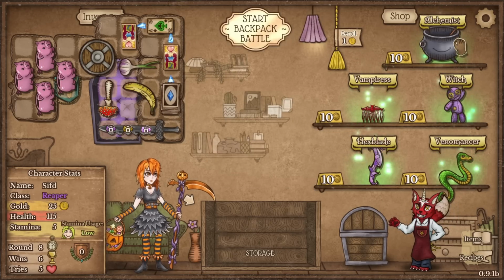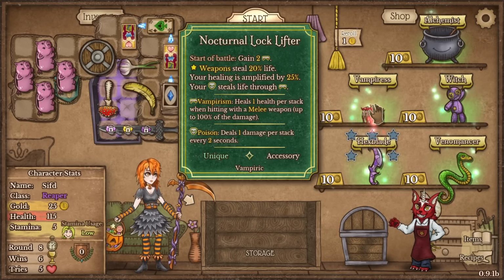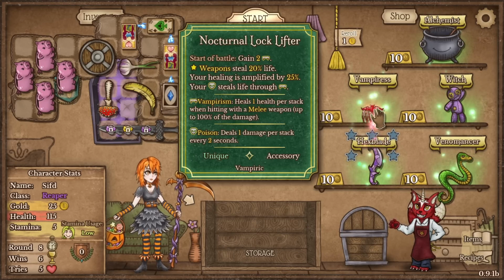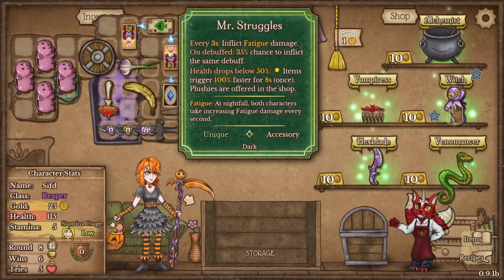And I mean, none of these make sense, okay? None of these make sense to build. I don't know why there is no deck build related one. I guess I'm gonna go with the Lock Lifter because it's gonna give us some healing. Otherwise, I guess Fatigue, right? Like Mr. Struggles Fatigue, and then...